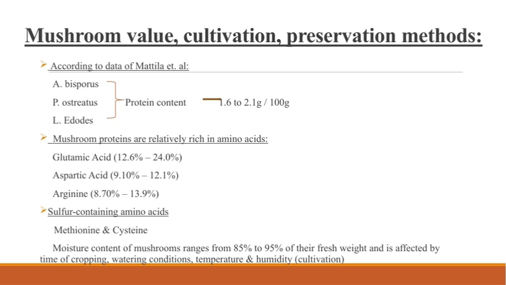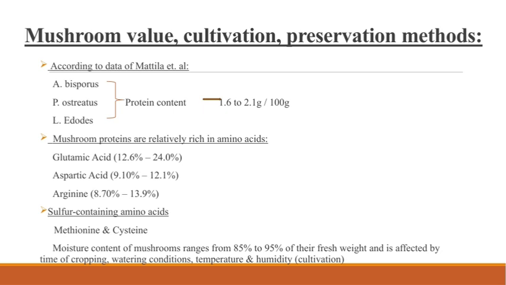What's interesting is that mushroom proteins are relatively rich in amino acids, especially glutamic acid, which can make up anywhere from 12.6 to 24% of the amino acids, and aspartic acid, ranging from about 9.1 to 12.1%. Arginine is also prominent, making up roughly 8.7 to 13.9%. Another key point is that these proteins contain important sulfur-containing amino acids like methionine and cysteine, which are crucial for various metabolic processes. Moving on,